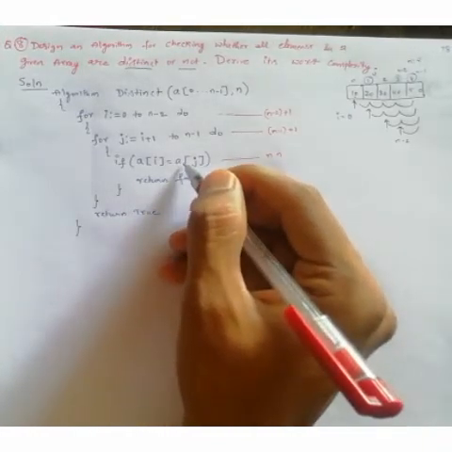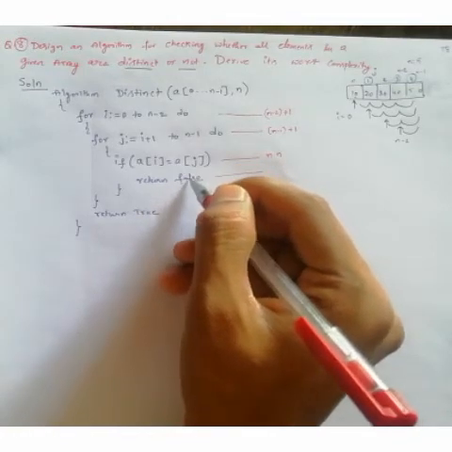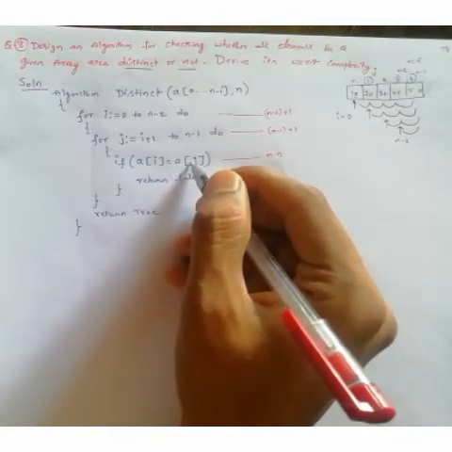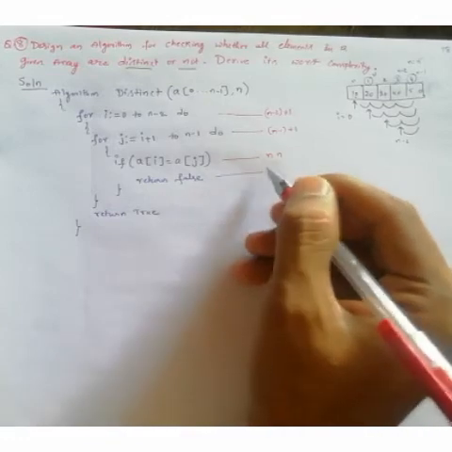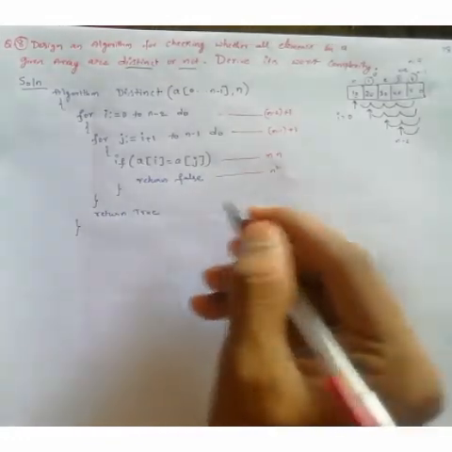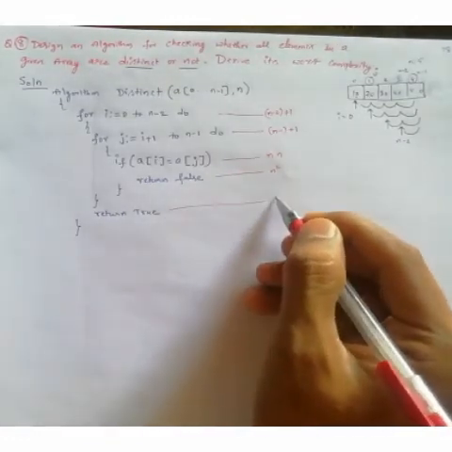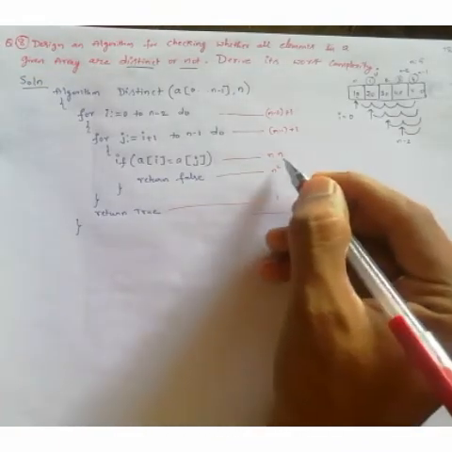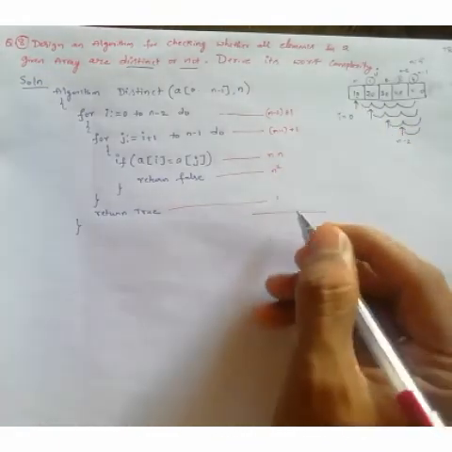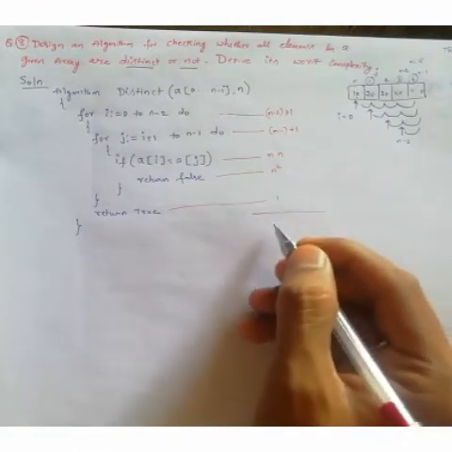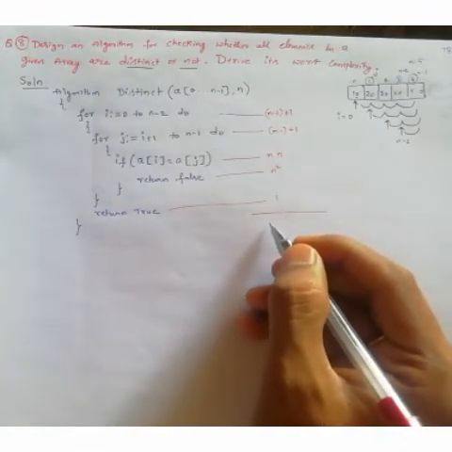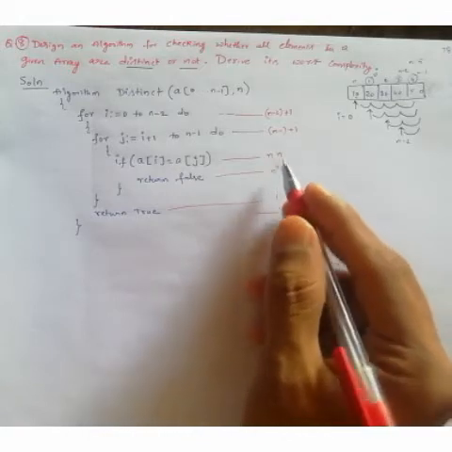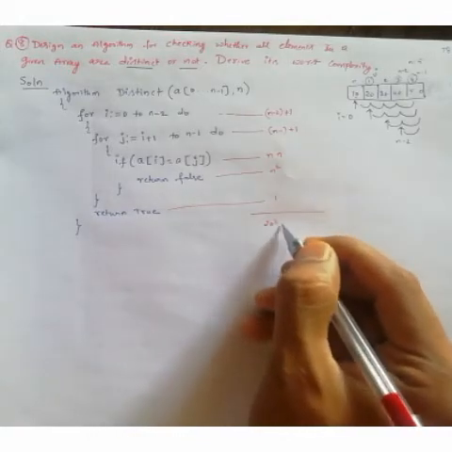This is related to this, it executes n square, then this will also execute n square times, and finally return false, it will execute one time. So finally just check it, just add all those time complexity of each line. So n square plus n square, 2n square plus